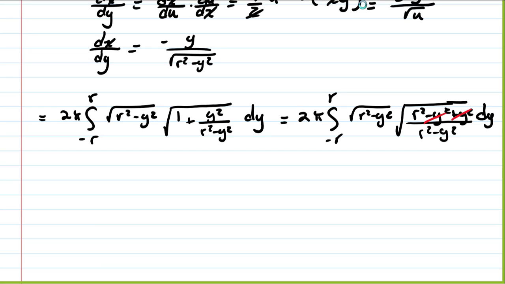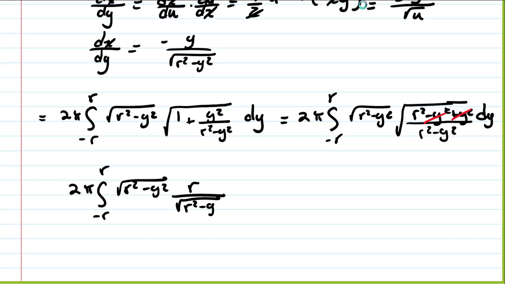The y squareds add to 0, and we get 2 pi times the integral from negative r to r of the square root of r squared minus y squared and our square root. In the numerator, the square root of r squared is going to give us r over the square root of r squared minus y squared. We're like, oh, well, that's a miracle. Then these two things reduce out,